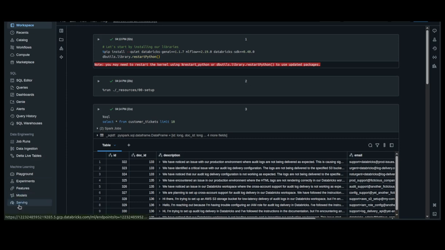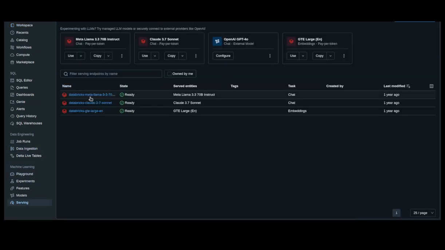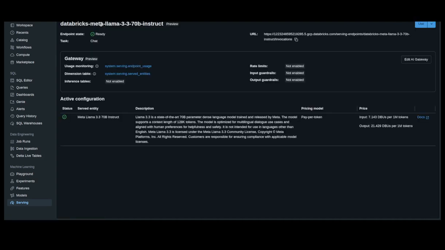This is where the serving layer helps in the machine learning section here. In the serving endpoints, we see there are three default, at least in my setup here, models with the endpoints. We'll be using the Databricks Meta Llama 3.3 70 billion instruct model endpoint. So what I'll do is I'll click here, I'll copy this endpoint here, and